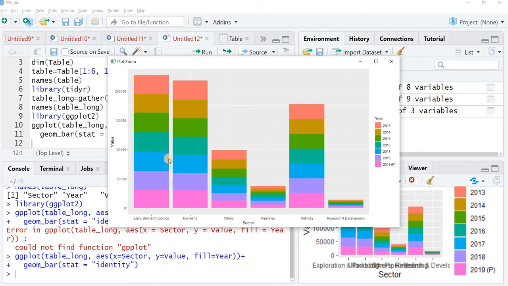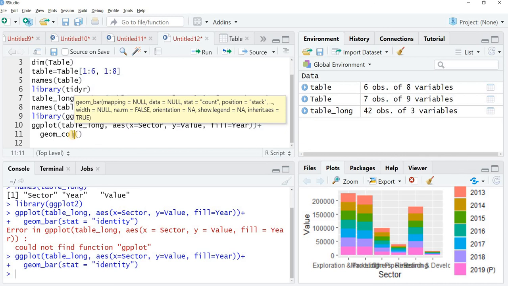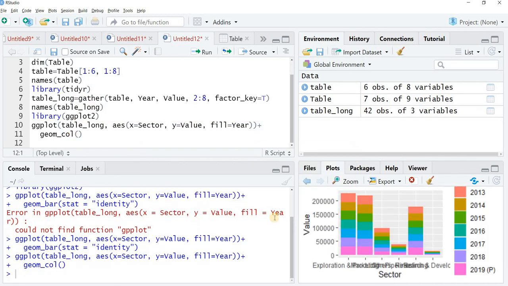Now just see, I have an issue. I want these bars to be arranged in a descending or an ascending manner. So how to do that? That also requires a bit of skill. Before I get into it, many a times what happens is we forget to mention the stat equals identity. In order to avoid that, you can remove this. Instead of bar, simply put col, that is column. You'll get a similar graph, no change at all. So that you can easily handle this.